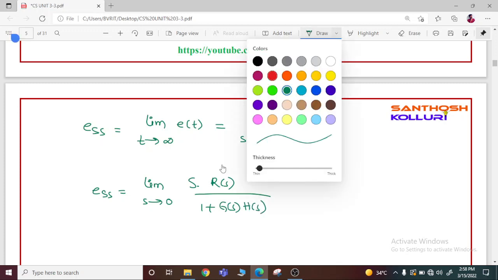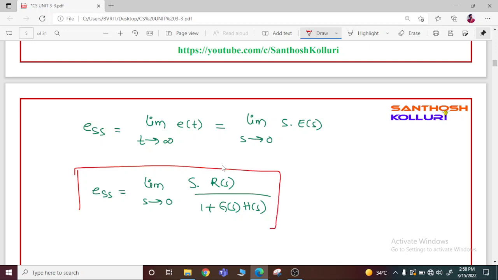So this is the value of the steady state error